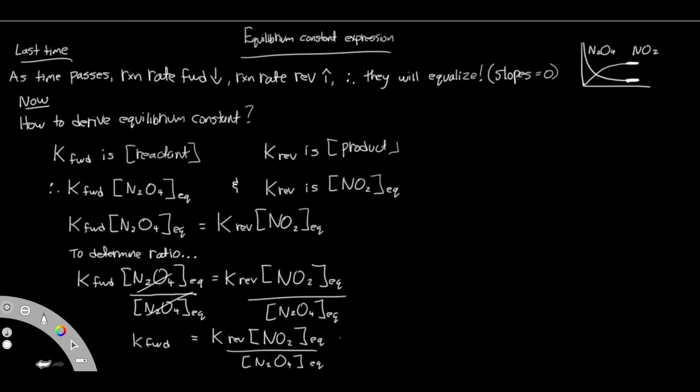Now, there is something very, very important to do here. Do not forget, for each concentration, it must be raised to the power equal to its coefficient. So I actually need to put a small 2 over here. How do I know that I have to raise to this power as opposed to any other number? Again, it's based on the coefficient. So if I were to get this out and write it out as an equation, our N2O4 here